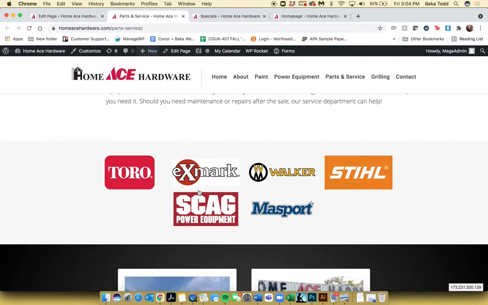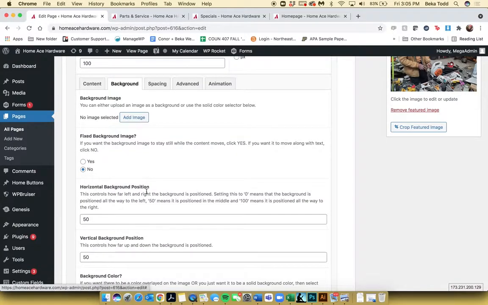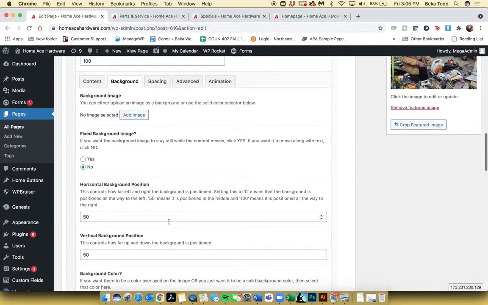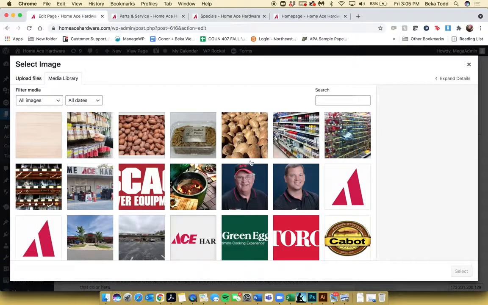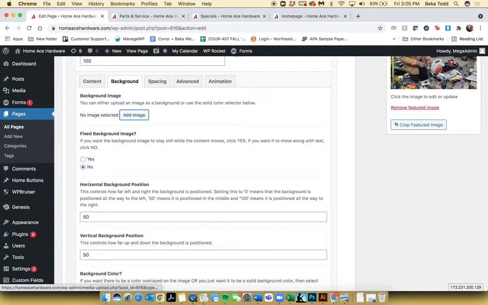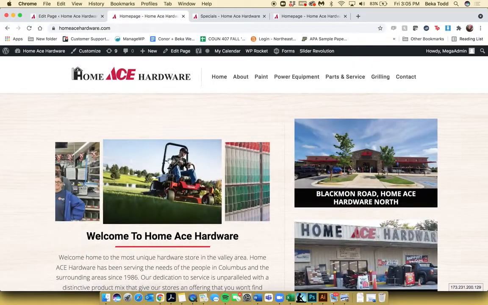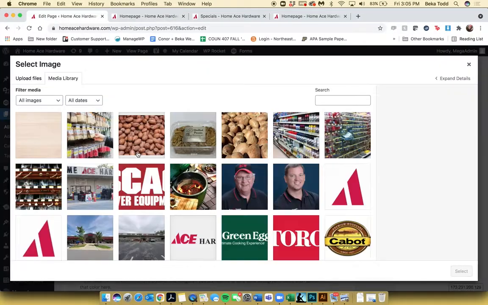The only difference with this section is that you can see it's got a gray background. So for this section, if you go into background, I've selected a gray color. If you want to change this, it can be dragged or you can paste a color code here. If I wanted an image in the background, I can set an image in the background, any image from the media library. It's taking a minute to load, but you can select any image from the media library and put it back there. That is what's done on the home page. So here you can see there's a background image and a color overlay on this section on the home page. So if you add an image,